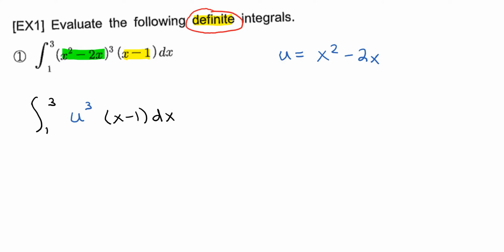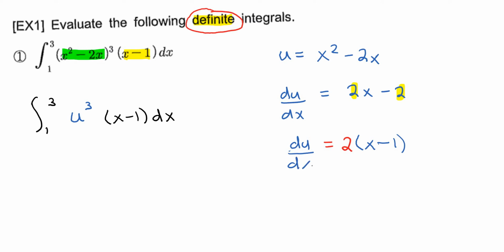After that, on the right-hand side, I can take my derivative, which is going to be du over dx. And my derivative is going to be 2x minus 2. I notice that both terms have a 2, so I can go ahead and factor the 2 out. If I do that correctly, I would get 2 times x minus 1, and over here I would have du over dx. Then from there, I can just rearrange the 2 and the dx. This is a very common step with U-substitution. This would be du over 2 equals x minus 1